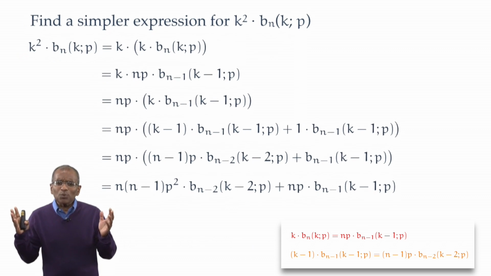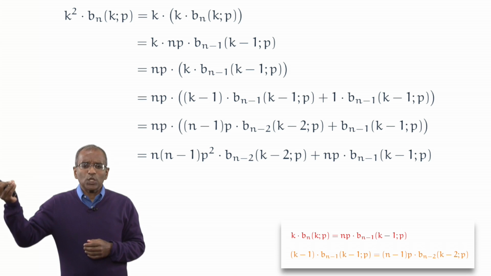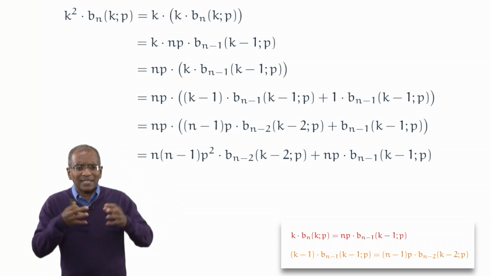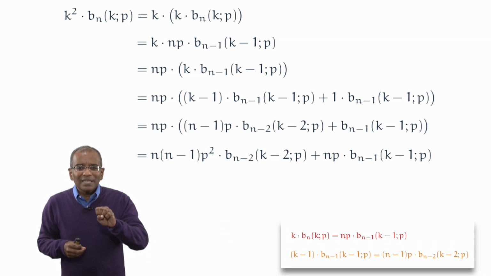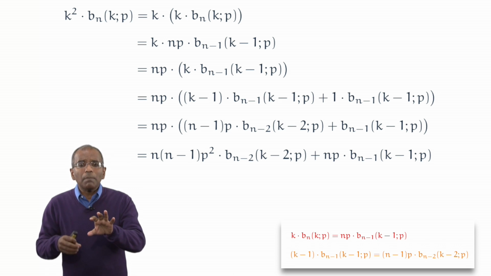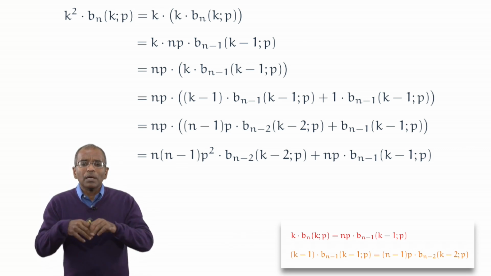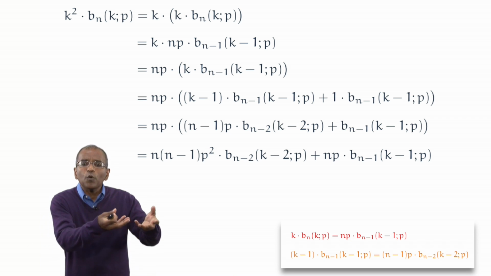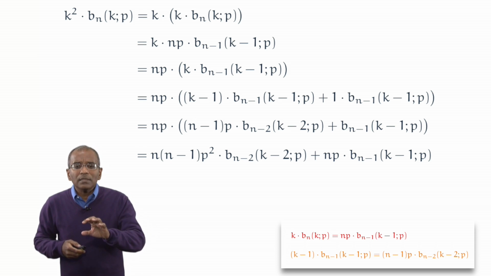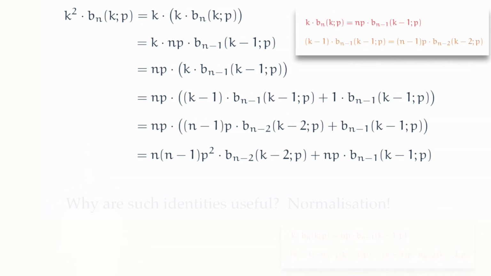Have we made any progress whatsoever? Look, on the left, we actually have a very simple expression, k squared times bn of k. On the right, it looks like we've got a god-awful mess. But it is actually a simplification. The key is the multiplying factors k on the left have all vanished on the right. The factors k are now all folded inside the binomial probabilities. And this has got a great advantage because of